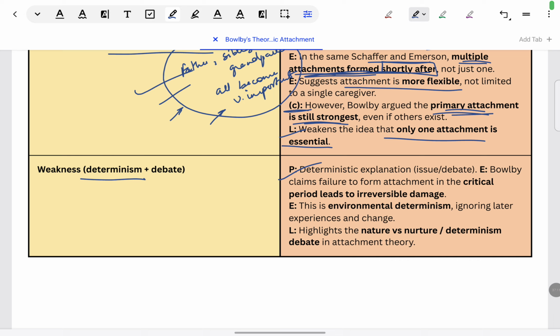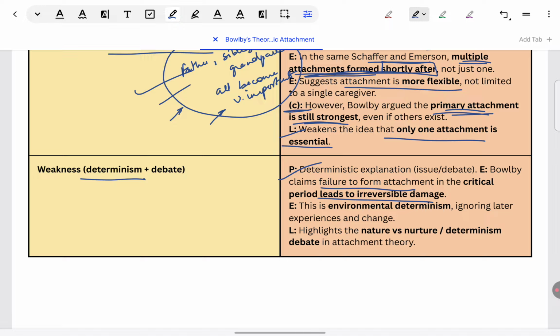That means so many important things about a person's life we are saying they can do nothing about, they have no agency or choice in those things. All of it is getting shaped by how their caregiver chooses to respond to them and whether the caregiver is available or not. Mainly the claim that if we cannot form an attachment in the critical period it will lead to irreversible damage. That is highly deterministic. Determinism means only beyond a person's control. So such ideas are very much suggesting that a person's almost entire life or most important aspects of life are beyond their control.